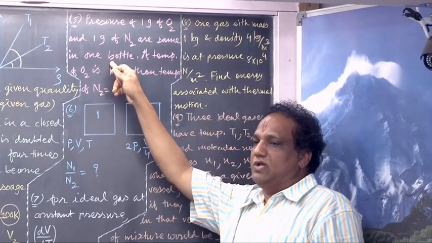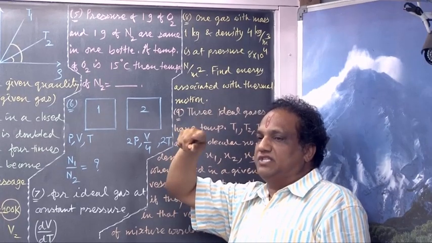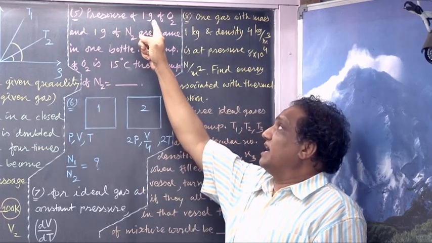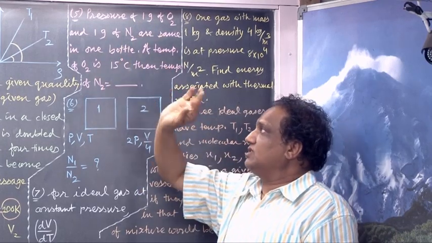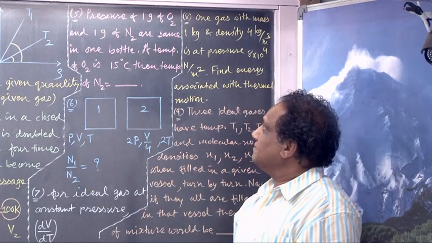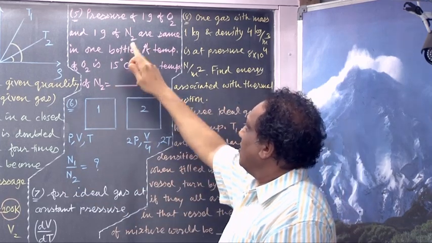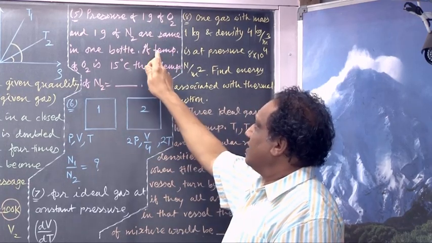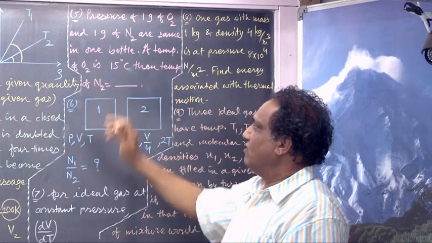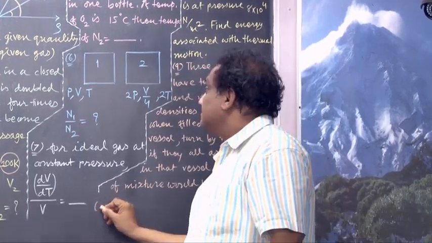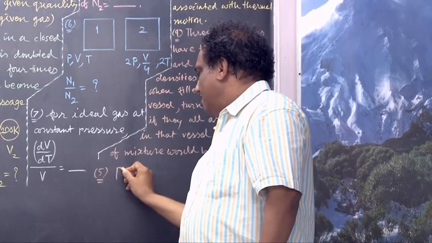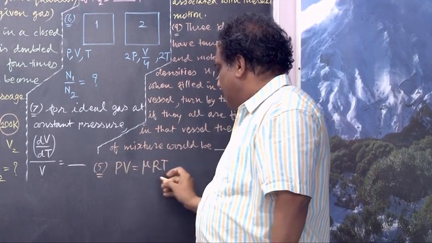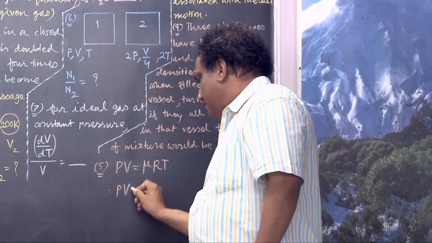In the same order, volume available to both the gases will be same. So V is constant. Mass for both the gases, here also 1 gram, here also 1 gram. Mass is also constant. Now come on. Pressure of the oxygen gas and nitrogen gas also they are given same. We are given temperature of oxygen. We have to find out temperature of nitrogen. Everywhere you must use this now. PV equals mu RT.